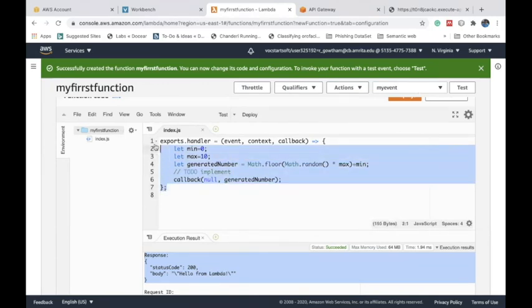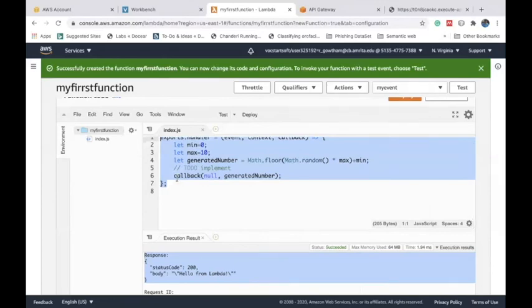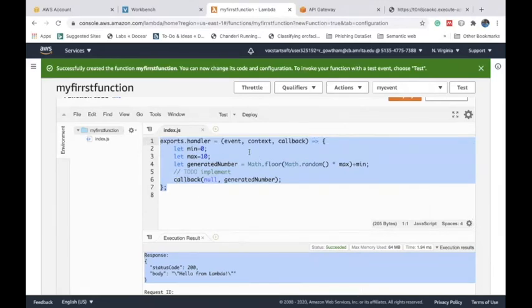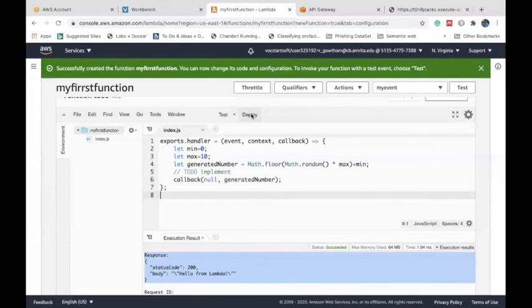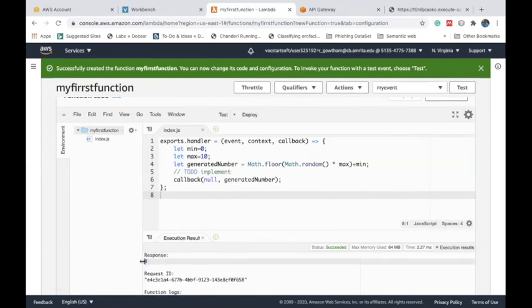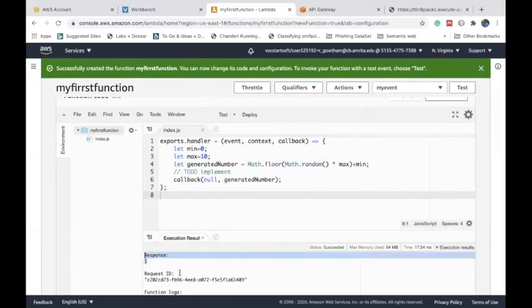But the problem here is I have changed the entire program. So the moment you change the program, you immediately have to click on deploy to deploy the modified program. So click on deploy. Once your package is successfully deployed, then click on test to check whether your program behaves properly. Give test and check the response. The response is fine. If you test it again, since it's a random number, you will get a different number on the screen. See, our response is 9. Response is 2. Response is 1. Okay, now the testing is fine.